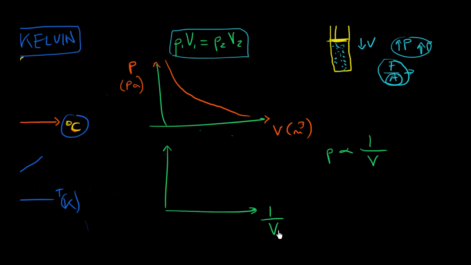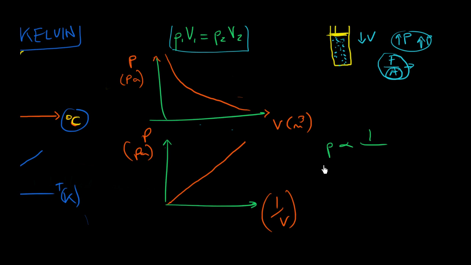So what we're saying is that P is proportional to 1/V. So here, if we plot 1 over the volume, use the same colors as before. If we plot 1 over the volume instead of the volume, and here the pressure stays the same in pascals, what's going to happen is that your graph is now like this. It's now a straight line because it's proportional to 1 over the volume. So instead of plotting it against the volume and this thing decreasing, when you plot it against 1 over V, which will be 1 over meters cubed in units, doesn't matter too much, then you'll see that it is a